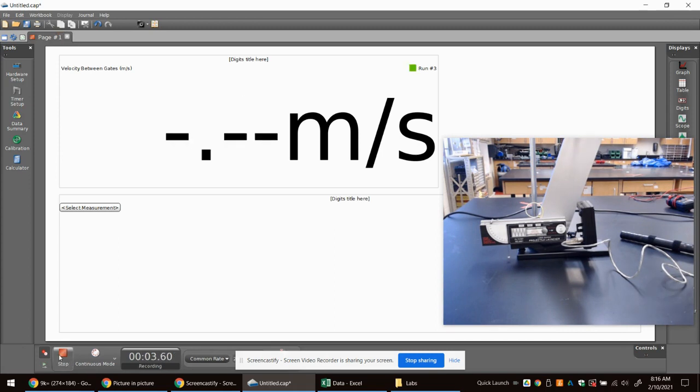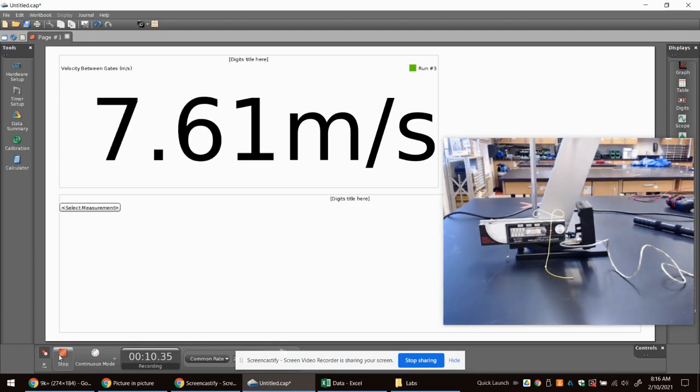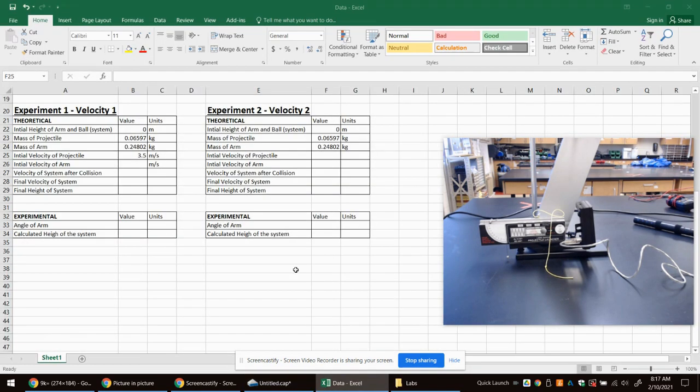Again, I've done this a number of times, so I have a pretty good idea what velocities we're looking for. About 7.6. That's the velocity that we're expecting. And if you're doing this here with me, you are finding that the ball is going to get fired a couple times by you to prove this. But again, I've done this outside this video. So 7.60